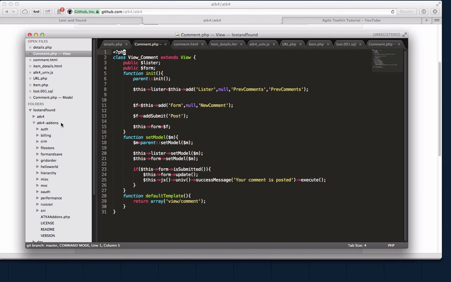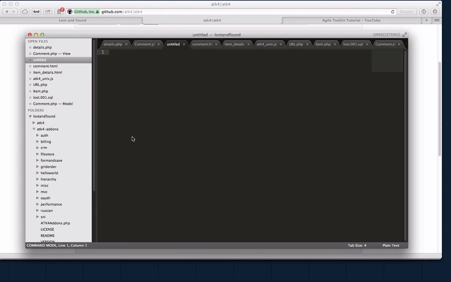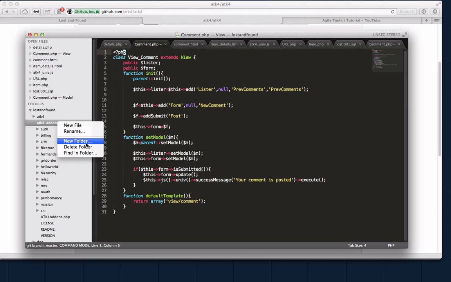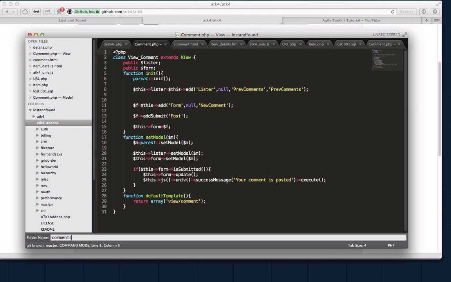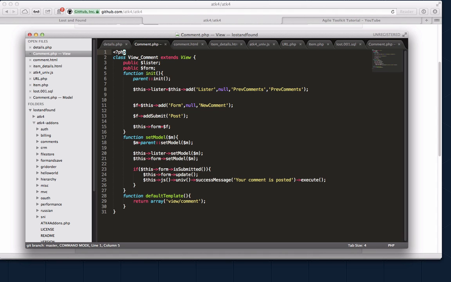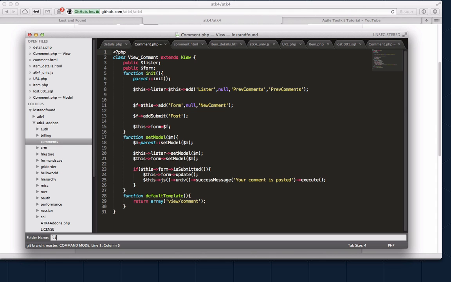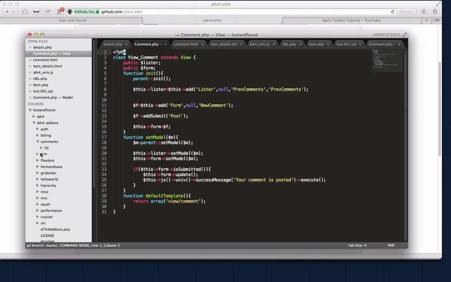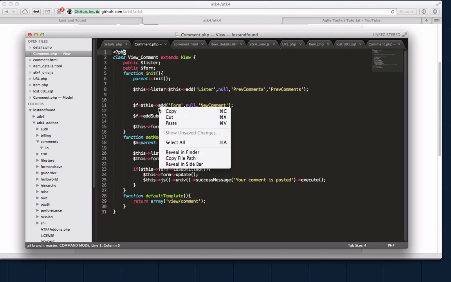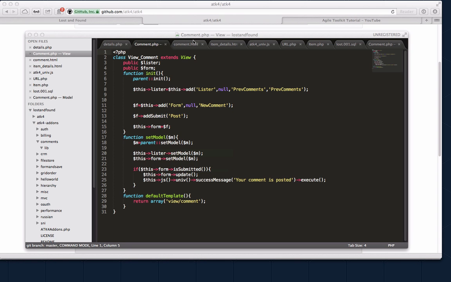Right, so I have this folder, ATK add-ons. I'm going to create a new subfolder here. Not the file, but folder. Should we call it comments? Yes, why not? Okay, comments. And inside the comments, I can create folder lib. And as usual, inside the lib would be the folder view, and inside the view would be the folder comment. And I'll move this,